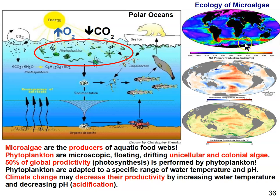When it comes to climate change, as you probably have heard, climate change is affecting the poles more than along the equator. So here in this map, we're seeing where the oceans are warming up the most. And so the Southern Ocean here is really warming up a lot. And we're looking at the Southern Ocean basically here too, the Southern Pacific anyway. And what this map is showing is areas where we're seeing an increase in temperature above average due to climate change. And what that can create, and the point I'm trying to make here, is that might decrease productivity,